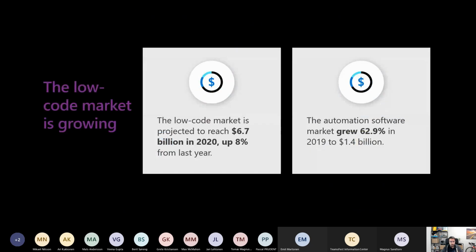The low-code market is growing, of course. In the last year, due to the coronavirus crisis, the Power Platform has grown inside the Microsoft 365 ecosystem, and now with the integration that we have with Teams, we are able to use this platform to create applications.